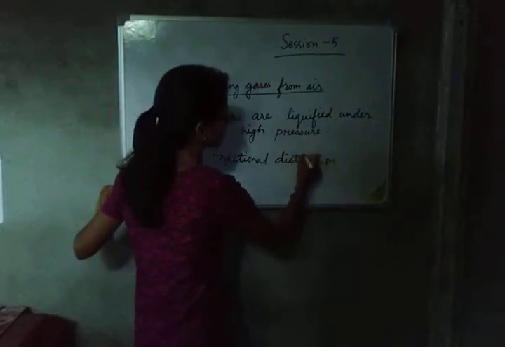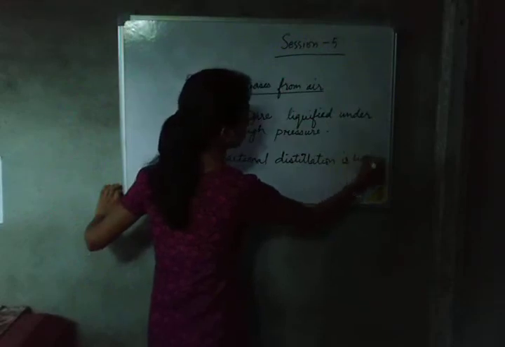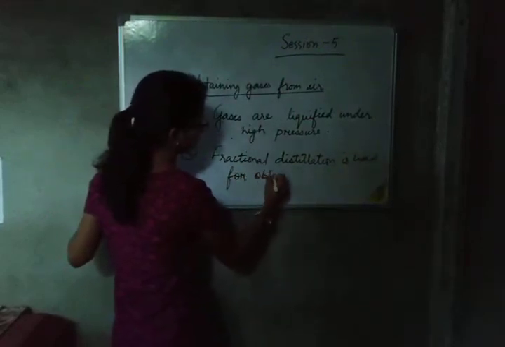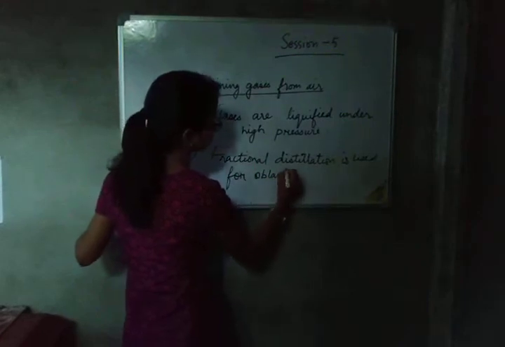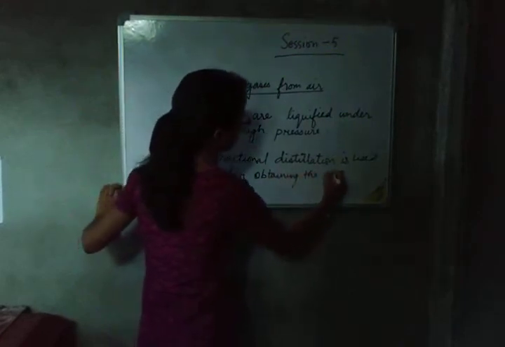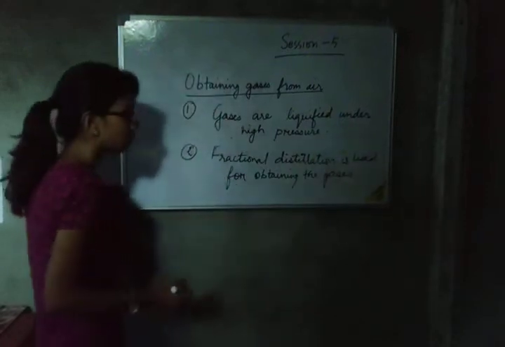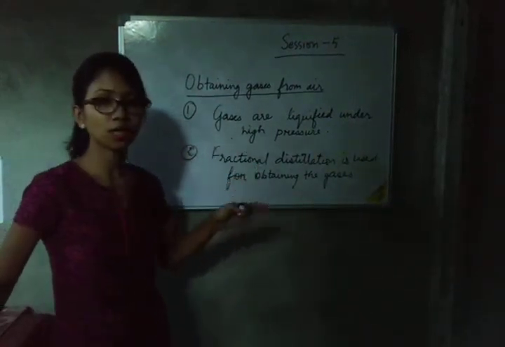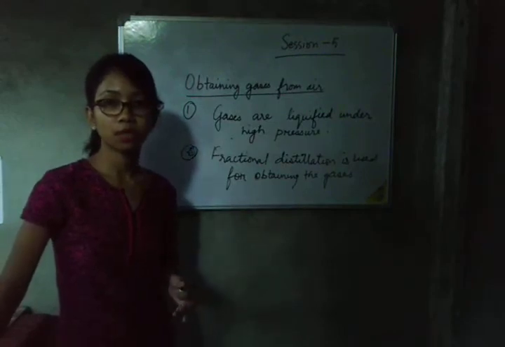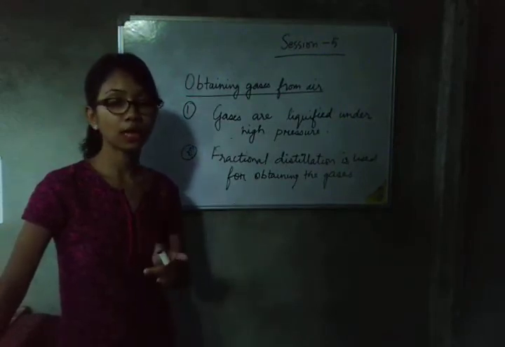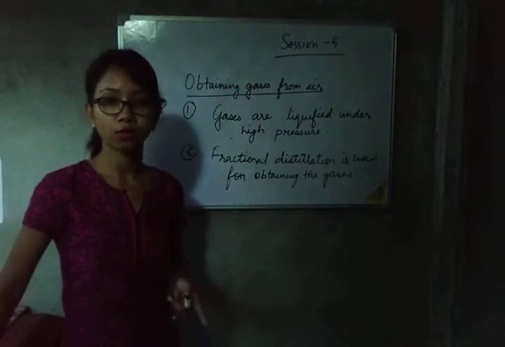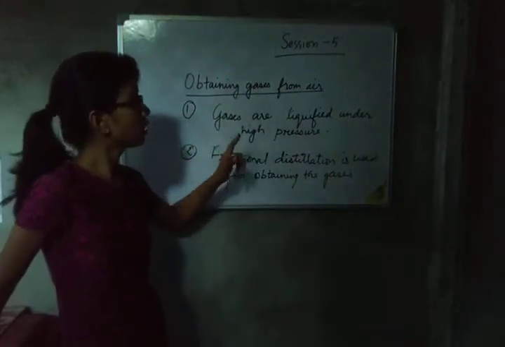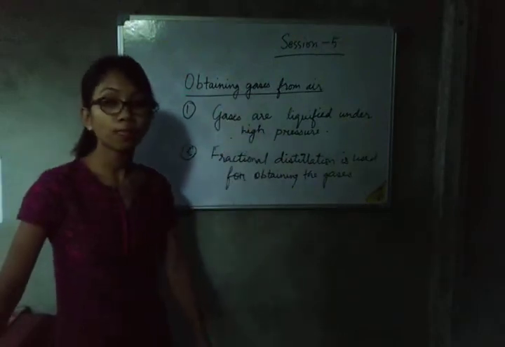Then fractional distillation is used for obtaining the gases. Okay, fractional distillation process I have already discussed. Fractional distillation is the process or the technique in which the liquid can be separated with the help of the difference in their boiling point. Okay, so this is the process of fractional distillation, and we can use fractional distillation process for the separation or